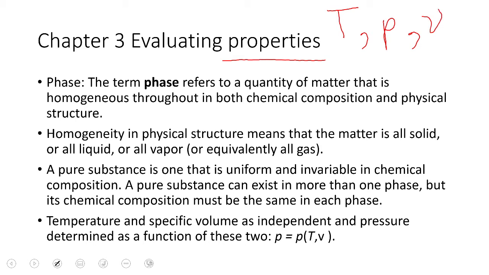So if we know these properties, we can know many other properties. For example, we can obtain internal energy, enthalpy, and many others. So in this chapter, we would learn how to